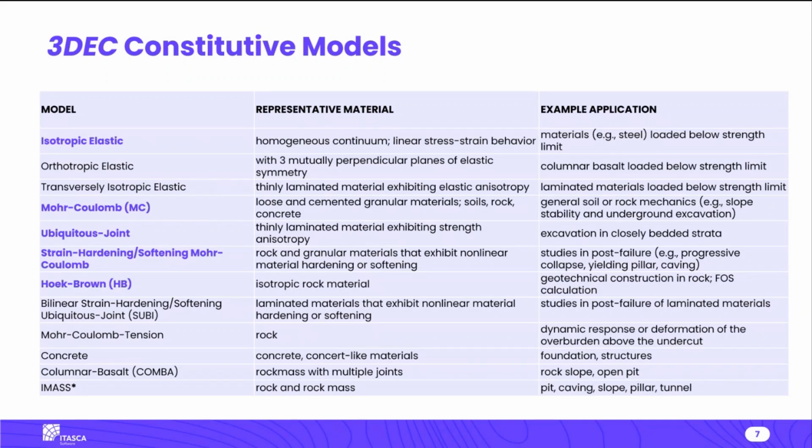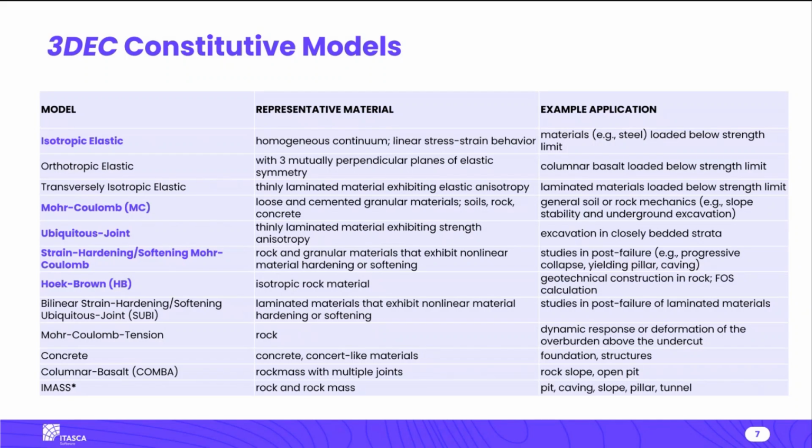Strain hardening, softening Mohr-Coulomb. The basic Mohr-Coulomb model assumes perfectly plastic behavior. It is certainly possible to have a softening behavior after failure. That would be the softening Mohr-Coulomb model. It's possible to consider softening in Hoek-Brown as well. That's just built into the same model. And then one constitutive model, which is maybe less well known, but still quite useful, is the ubiquitous joint